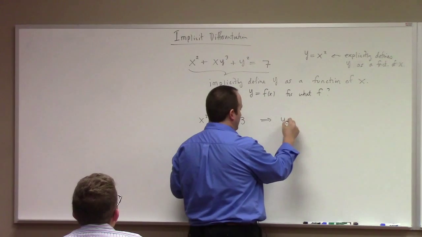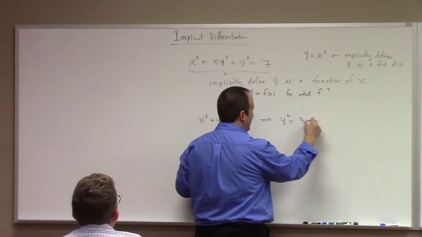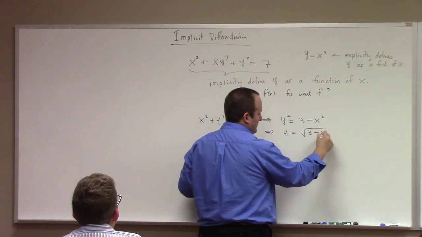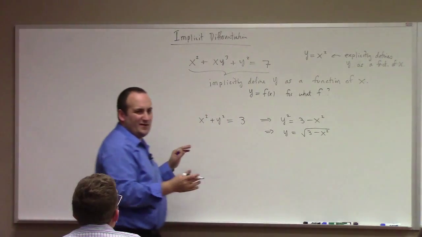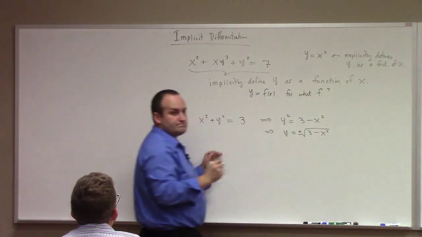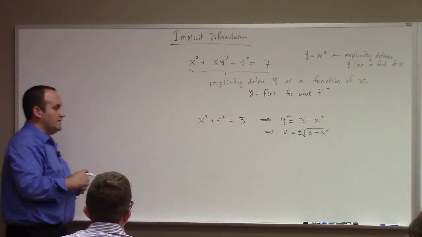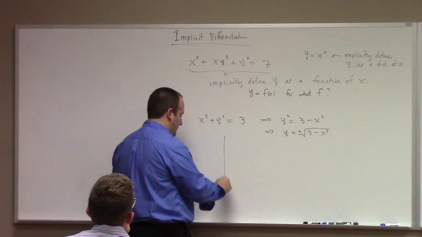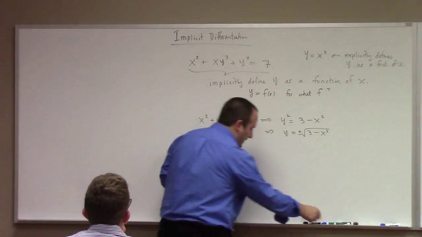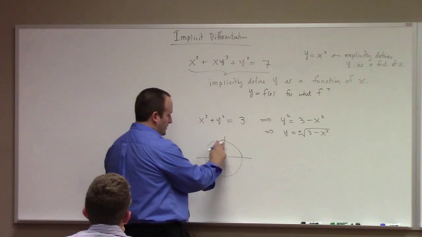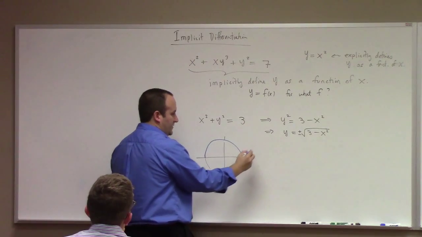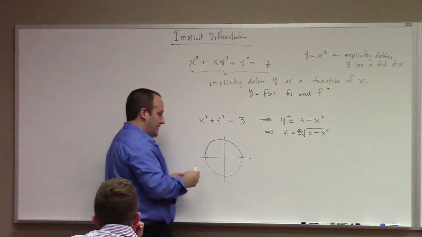Aha. So you're like, yeah, y is equal to, so I take y squared is equal to 3 minus x squared, and then I can take the square root of both sides, and I get the square root of 3 minus x squared. Well, that's not quite true. You should allow for a plus or a minus here. So what's this graph look like? It's a circle. And the top of the circle is what? It's this piece. That would be the plus. And the bottom is,